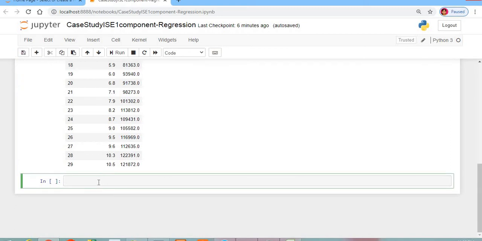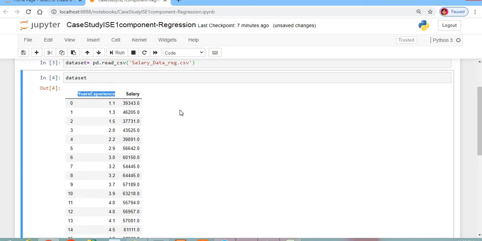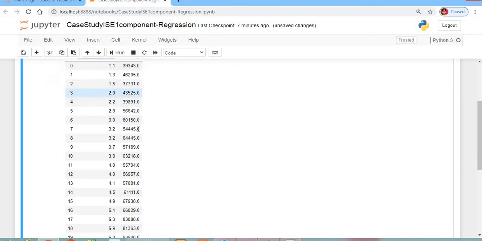Years of experience will be on the x-axis, so time is the major attribute. As the time varies, this is time series analysis, and the salary drawn by the person also varies. Salary is going to come on the y-axis. I'll show you what we will be doing here.